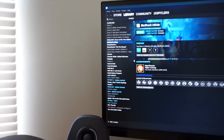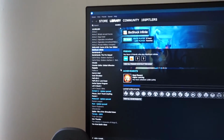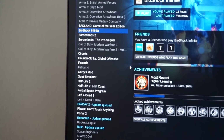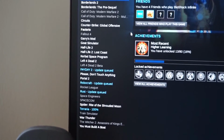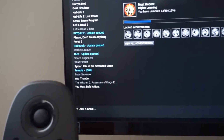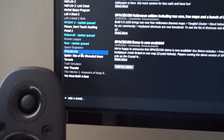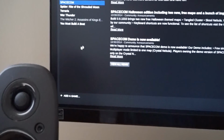This is all 39 games, 26 of which support Linux. So the ones that don't are Arma, the Call of Duties, Fallout 4, and until Rocket League and Space Engineers get brought over, those guys. A few games just aren't installed, like Spacecom and Train Simulator, but yeah, for the most part, almost all of my games actually work in Linux, and I'm